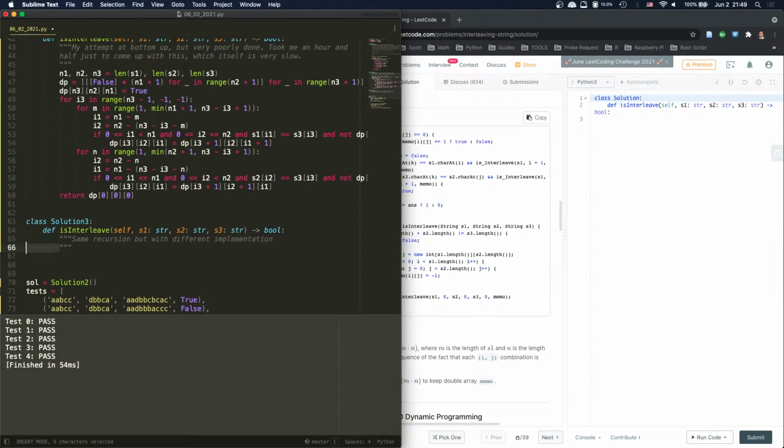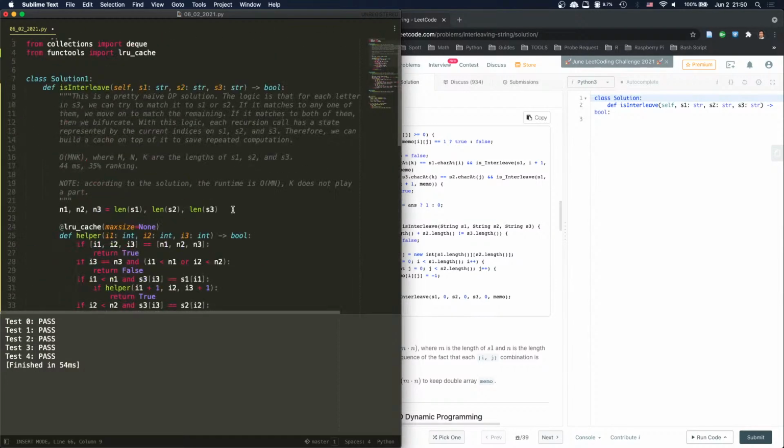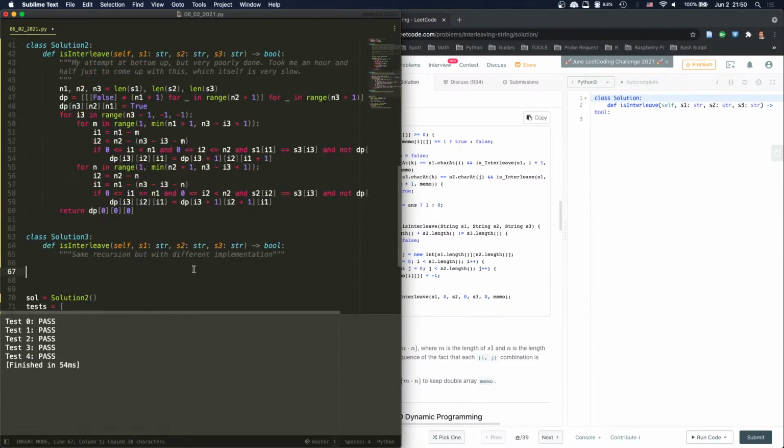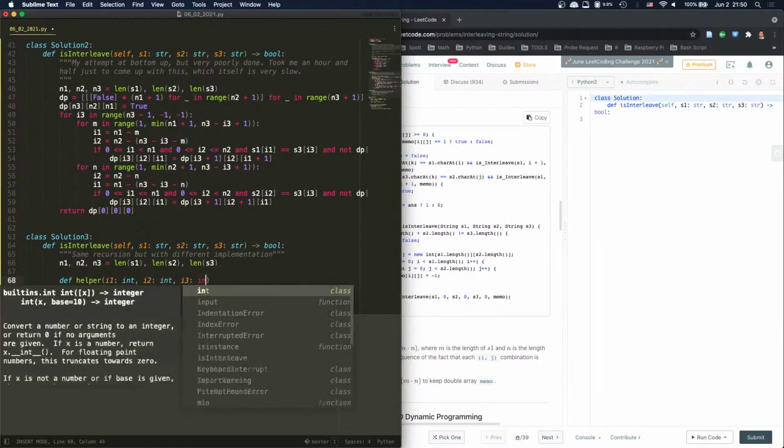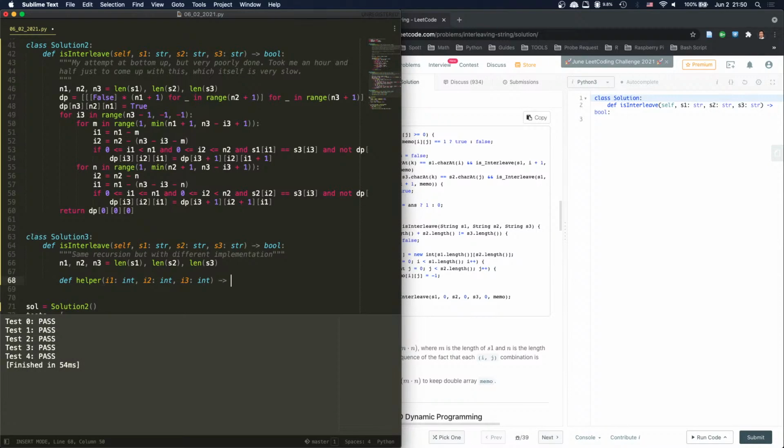Okay, I want to implement this. This might help me think about the other solution. So slightly different implementation. How do we implement this, right? So again, I like to put this at the beginning, right? This one at the beginning, and then def helper S1, I1, I2, I3, exactly the same, right? Int and int and int, boolean,